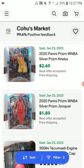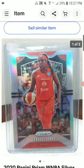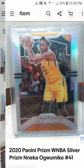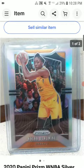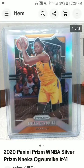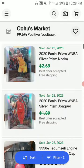And then I have a couple WNBA cards. Someone sent me an offer for 2 cards, and I sent offers at 5% off since I just listed them. One I said was the cheapest on eBay, which it was. I sold it for $1.80 shipped and made about 75 cents on it. And I sold a NECA Gumake for $2.55 shipped, making about $1.50, and that took a day to sell. The Jonquel Jones took about